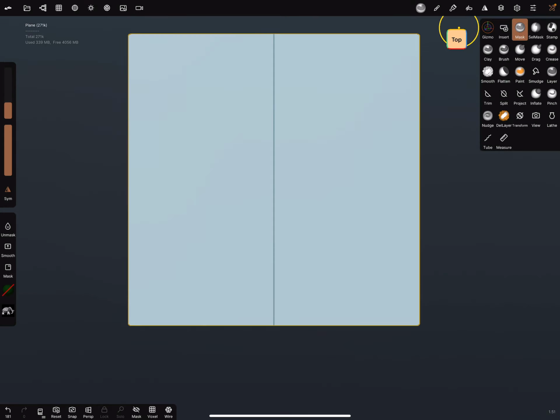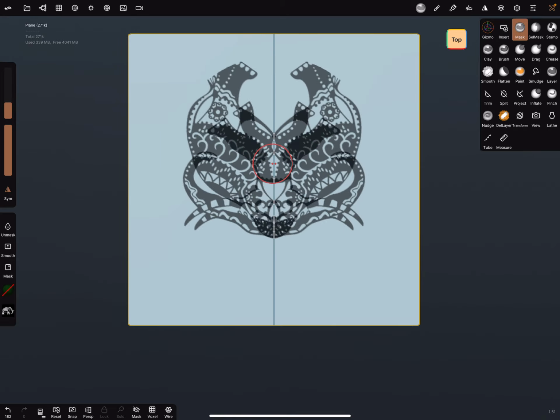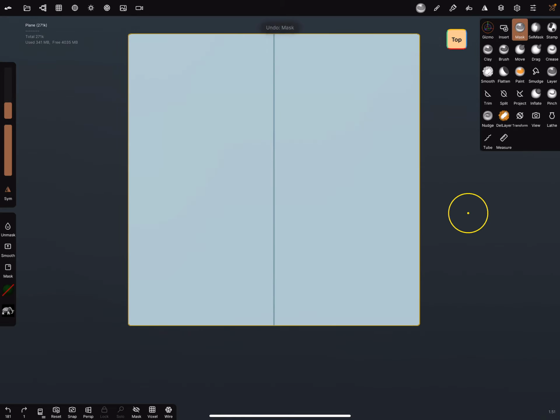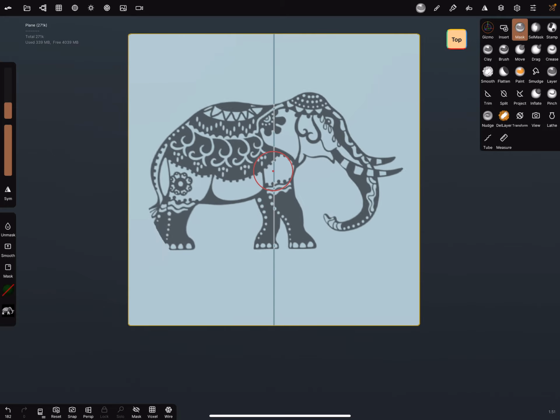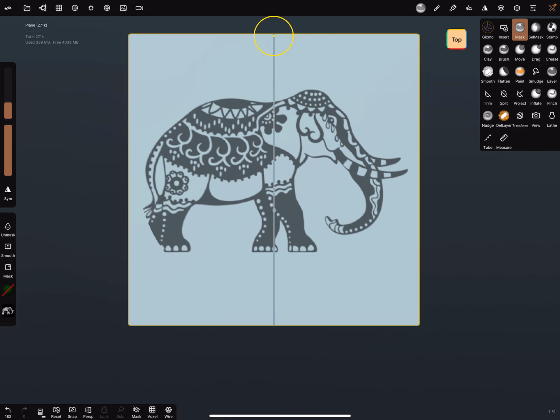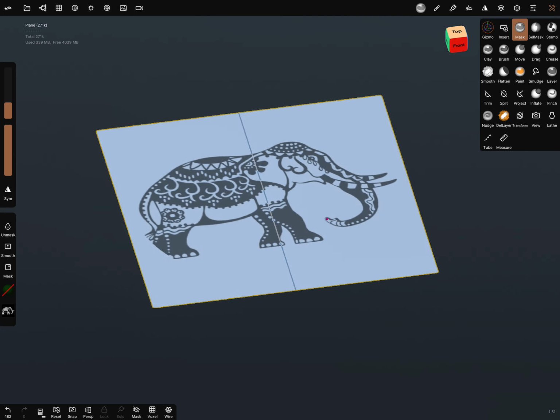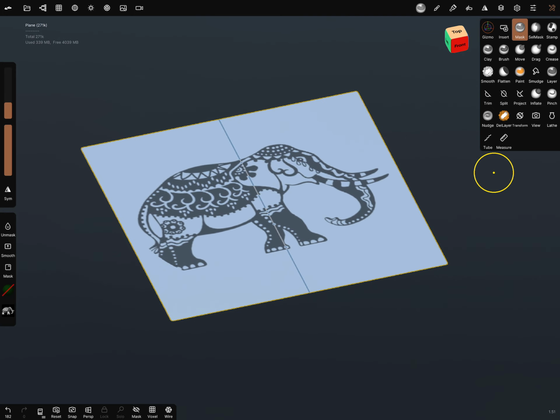And then go in the top view and you can zoom, take the symmetry off. And then you can zoom the elephant like so.